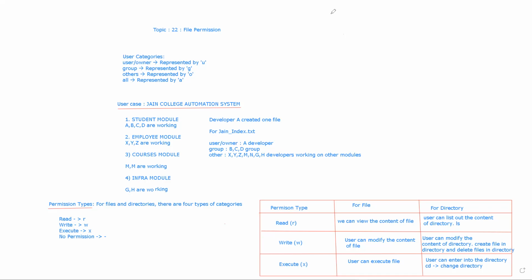Now we will see the operations related to permissions, right?